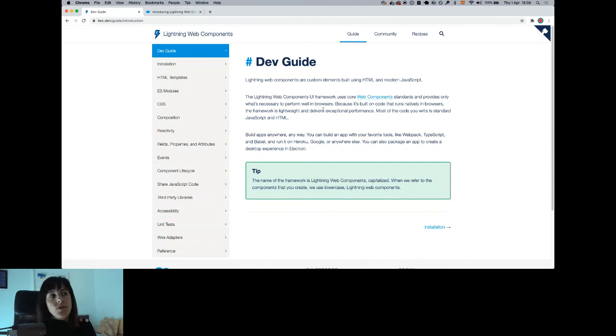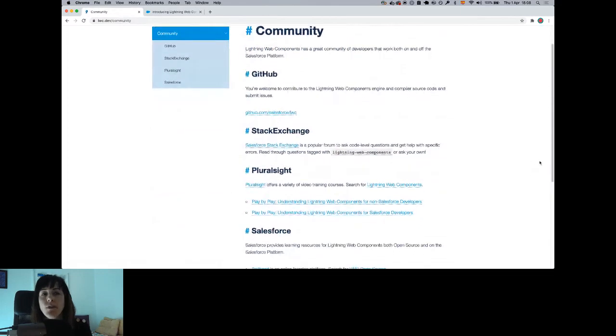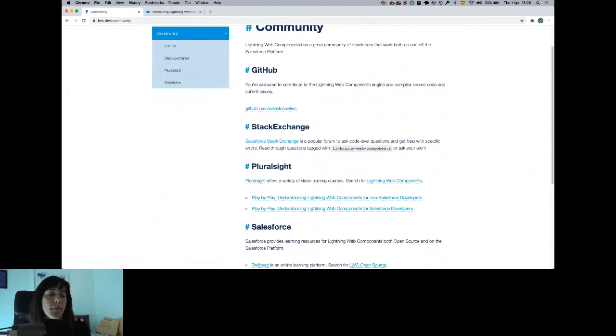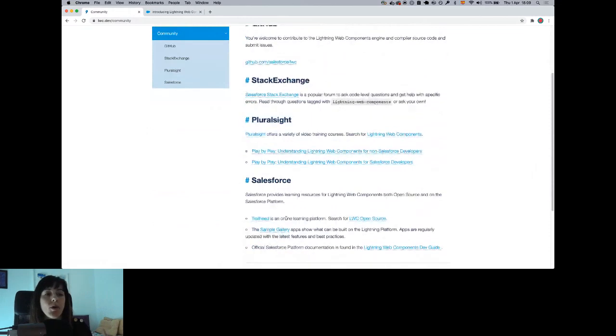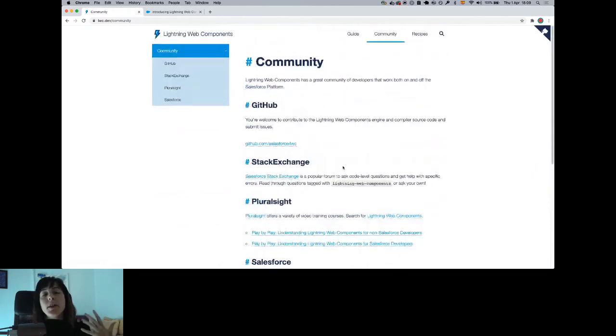So it's important to go to this site here if you want to start developing outside of the platform. Then you have here also some links that can be helpful, as for instance, some courses that you can tackle to learn more, some Trailhead modules that you can tackle, again, to learn more and expand your content about Lightning Web Components open source, and also some community places to which you can go and ask questions, because normally a lot of people are there trying to help you and trying to kindly answer your